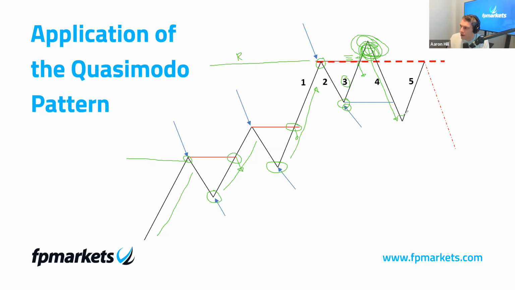At this point, price could obviously continue lower, right? If that's the case, I tend to leave the idea that we have a potential bearish Quasimodo pattern, because it's just too far. But it does work on occasions, and I'll show you why. Okay, let's get rid of that part there. Let's imagine leg 5 does form and we get a retracement. Now, we get a retracement and 0.5, the leg 5 forms.